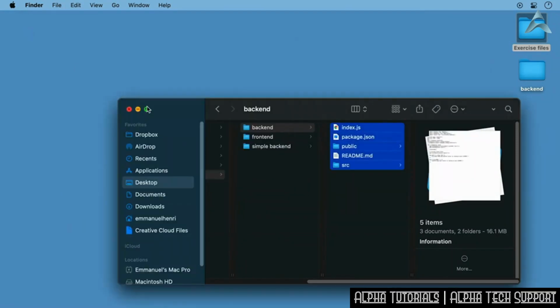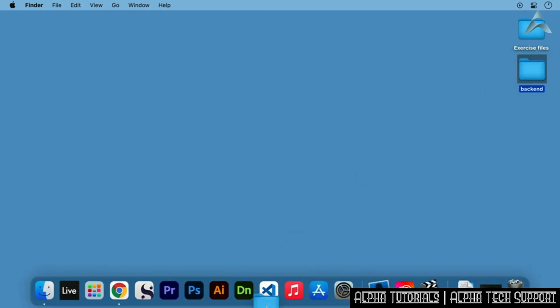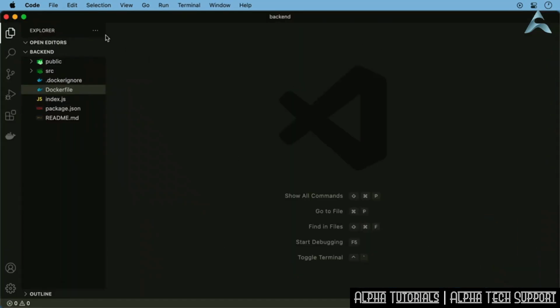So now let's close those two, and then let's get back to VS Code. I'm going to drag and drop this into VS Code here. And now we have our Docker ignore, Dockerfile, and the backend. So the file that we need to create to use Compose is called docker-compose, and it's a YAML file. So let's go ahead and create it. I'm going to click on new file,